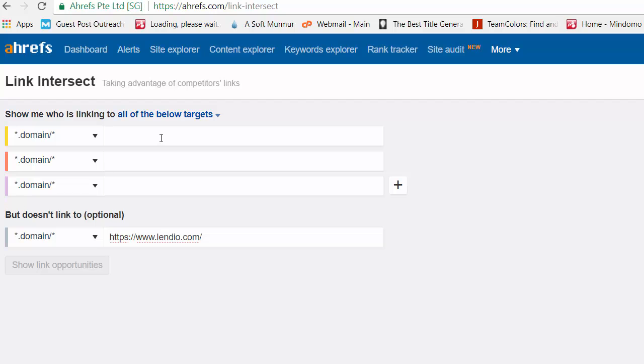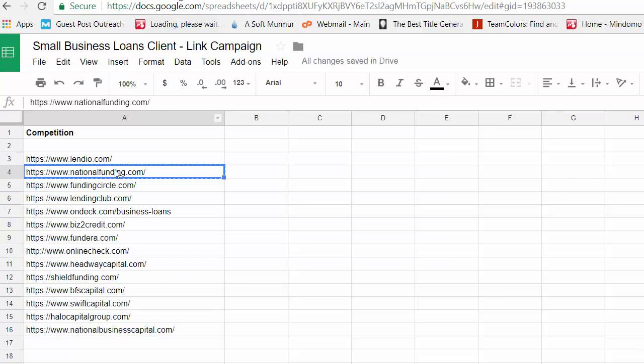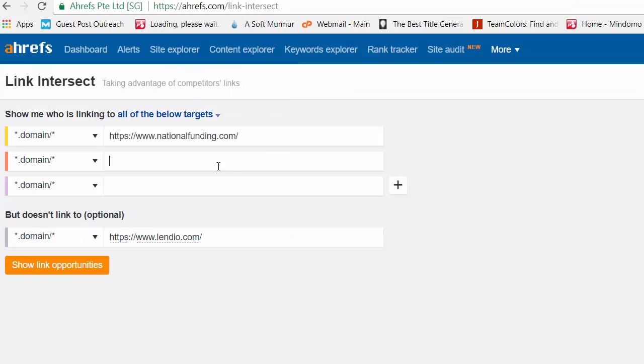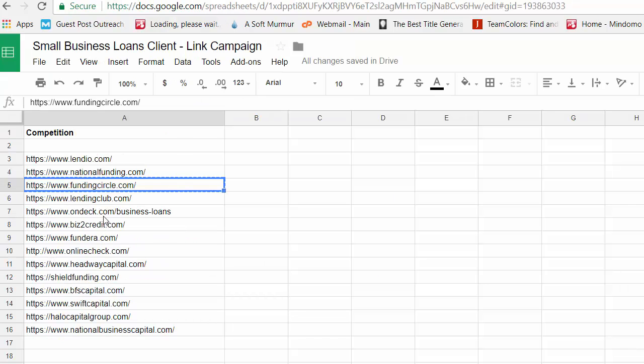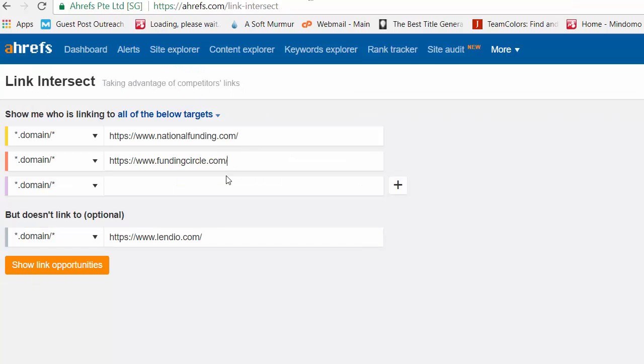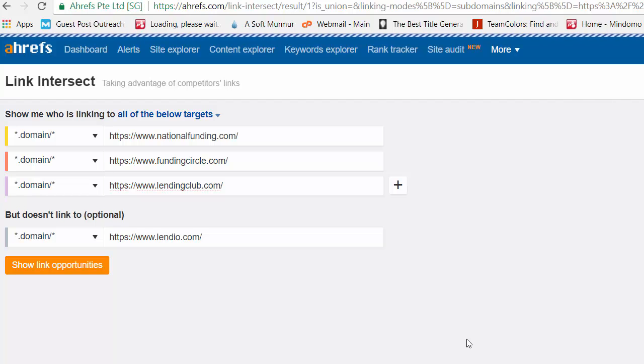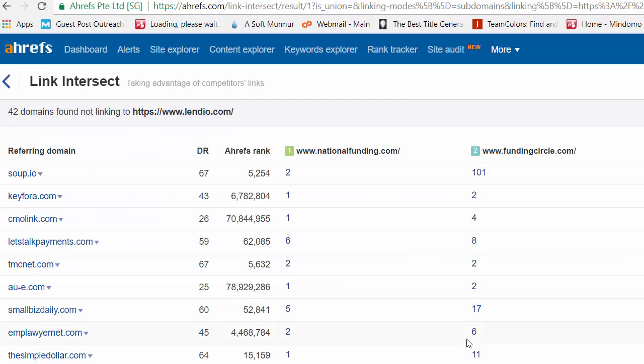All right, so now I'm going to come up here and put three of the competitors in there. And what's it going to do? Well, simply, it's going to find all the different links that link to these three sites, my competitors, National Funding, Funding Circle, and Lending Club, but isn't linking to my supposed client, which is Lindio. Because listen, if those three sites are all getting links from a site, there's a very good chance that,